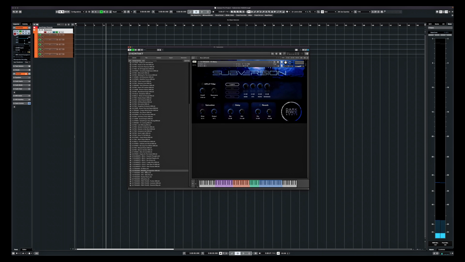Then we have the Bram section over here. So this is just the Brams, or some of the Brams that you can play. And if you drag the mod wheel up,